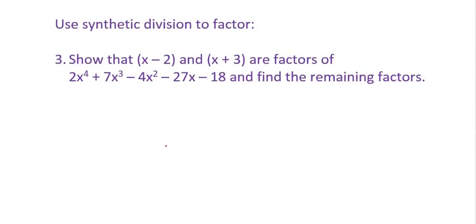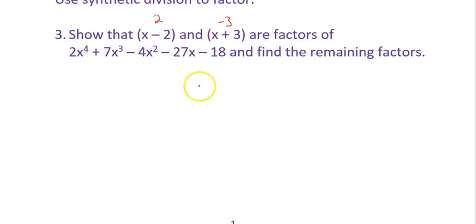Now that you know how to use it, let's talk about how to use it to factor. We want to show that these are factors of this and then find the remaining factors. So what you want to do is, with the factors that you are given, figure out what the zeros would be. So in this case a positive 2 and in this case a negative 3. You're going to do synthetic division with each of those and just keep working it down, and I'll show you what I mean in just a minute. And then you're probably going to be left with something that you can work with